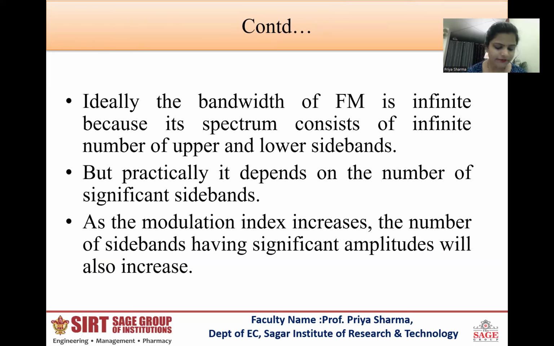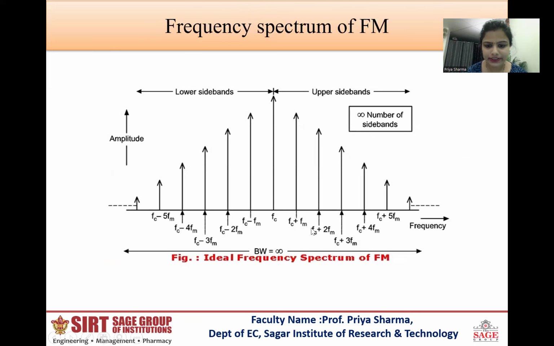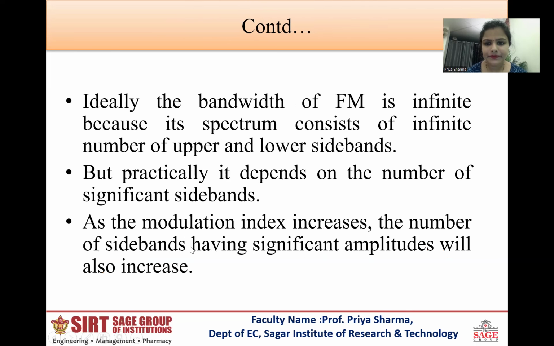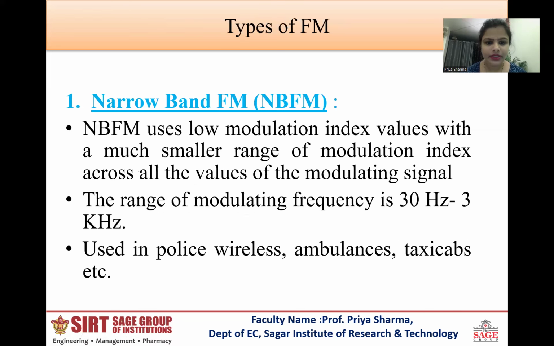Ideally, the bandwidth of the FM wave is infinite, as we have seen in the diagram, because its spectrum consists of an infinite number of upper and lower sidebands. But practically it depends on the number of significant sidebands. As the modulation index increases, the number of sidebands having significant amplitudes will also increase. So on this basis, we have divided frequency modulation into two parts, narrowband FM and wideband FM, NBFM and WBFM,